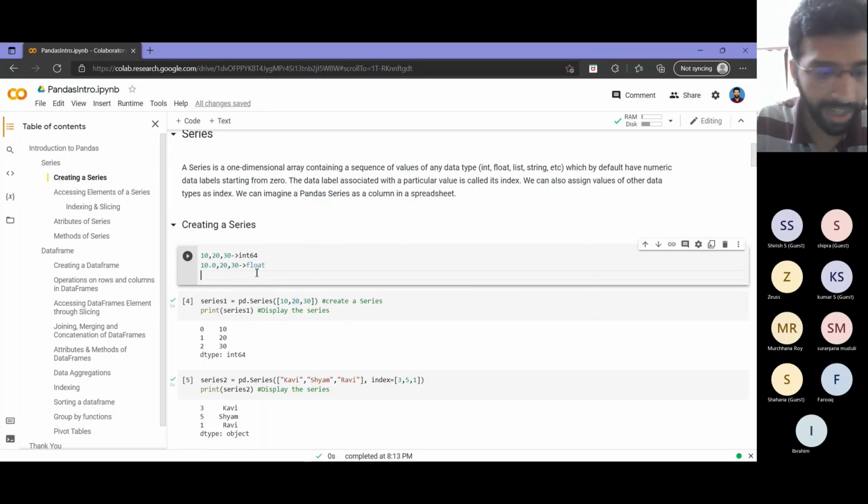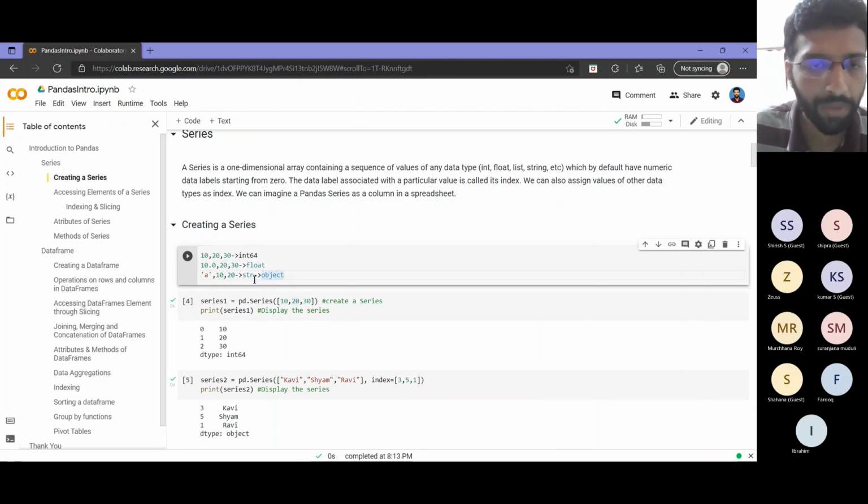Now suppose I have one string character A followed by 10, 20, then it will take it as type string. Type string is denoted by object. So this is how type assignment for a particular column of values happens in Python.